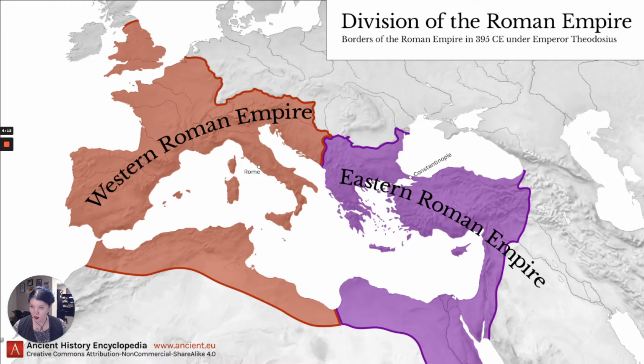At this time, Christianity is a new religion, and it is illegal in the Roman Empire. It's illegal to be a practicing Christian, and Christians are persecuted at this time. Constantine signed something called the Edict of Milan, and that ends the persecution of Christians. It's no longer illegal to be Christian in the Roman Empire. So that's really important,